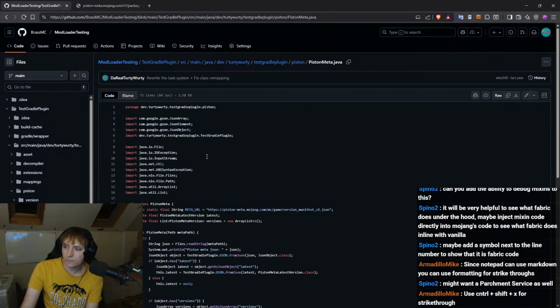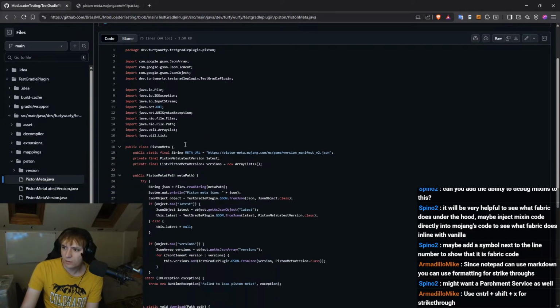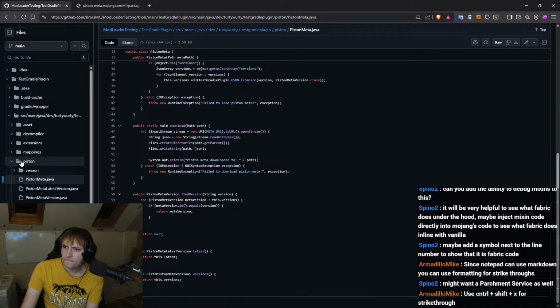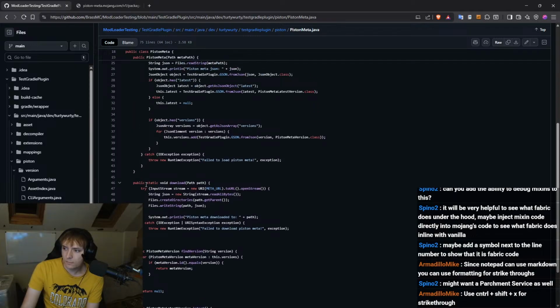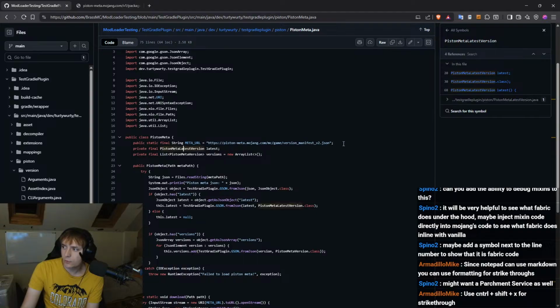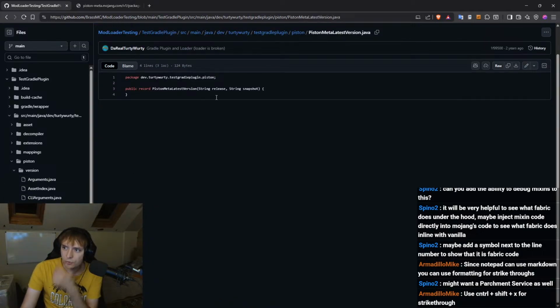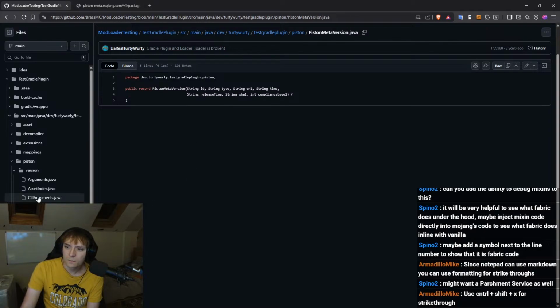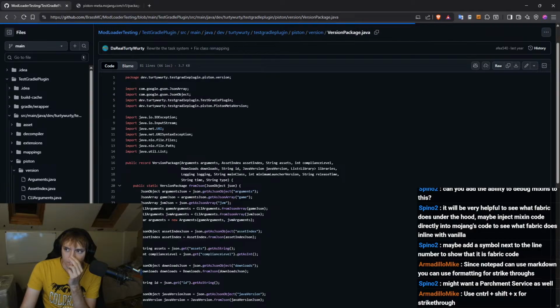So this is the piston meta, but where is the version? Download. The meta latest version is just a string and a string, and then a piston meta version is just a bunch of strings as well. This isn't right, because I'm looking for the version package.